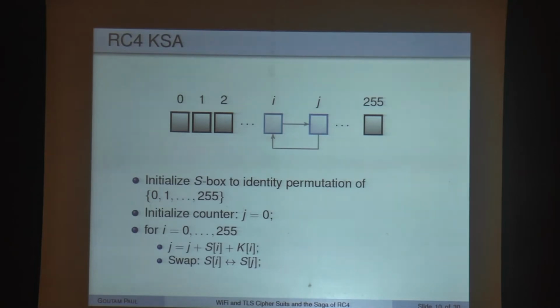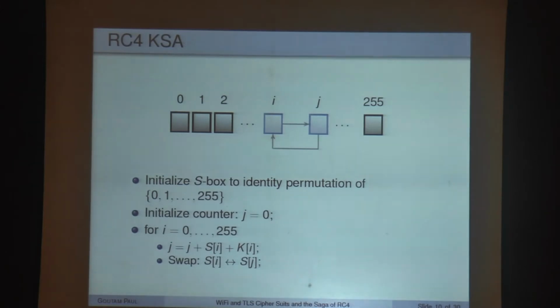At the end of that, initially the state was an identity, because every index has the same value. After the end of this, the state will be scrambled. What you are doing is using the randomness of the secret key to introduce randomness into the state. The state was initially non-random. Professor Roy was talking about randomness and non-randomness, and how we can distinguish between them.